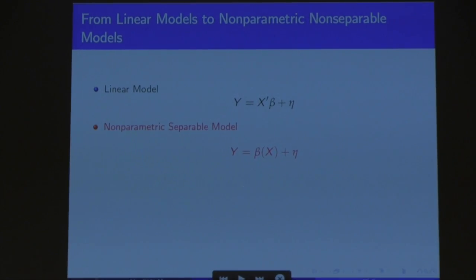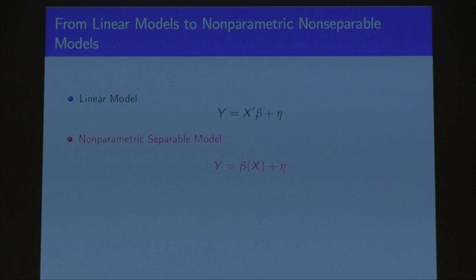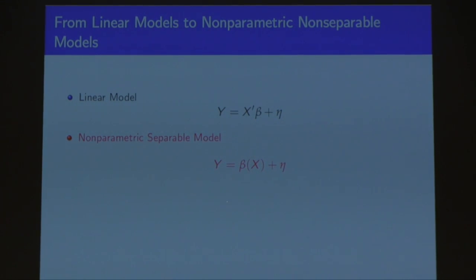A change in x is going to generate a change in y, which is constant for all values of x. So if y is output and x is hours of work, then just increasing the hours of work is going to generate output. The change in the output is going to be the same no matter if the person works 1 hour or 20 hours.